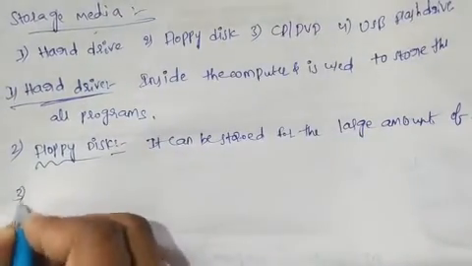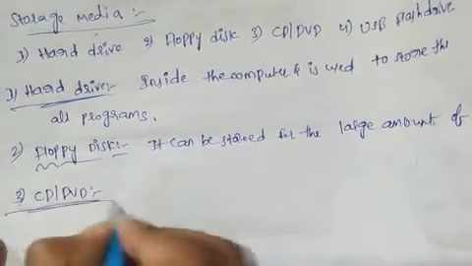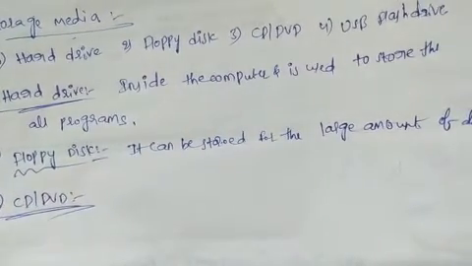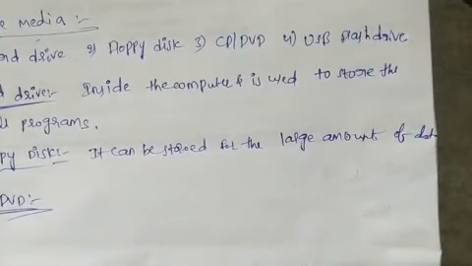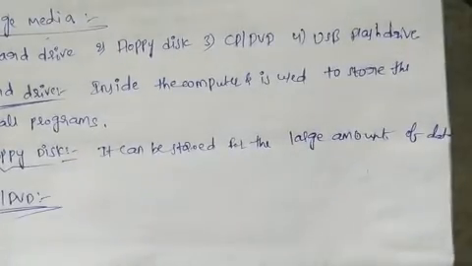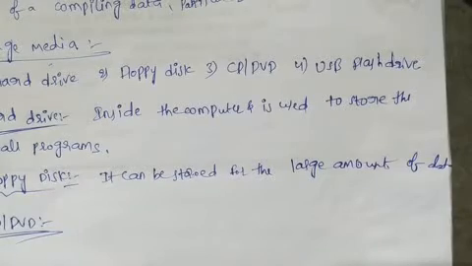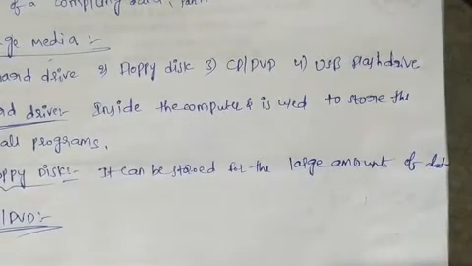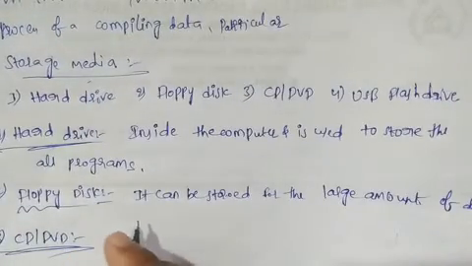And next, the third one is the CD or DVD. Every person is used to CD or DVD, for marriages or some events also. A CD can be written to copy programs, and you use CDs or DVDs in daily life. This is also one of the storing purposes.